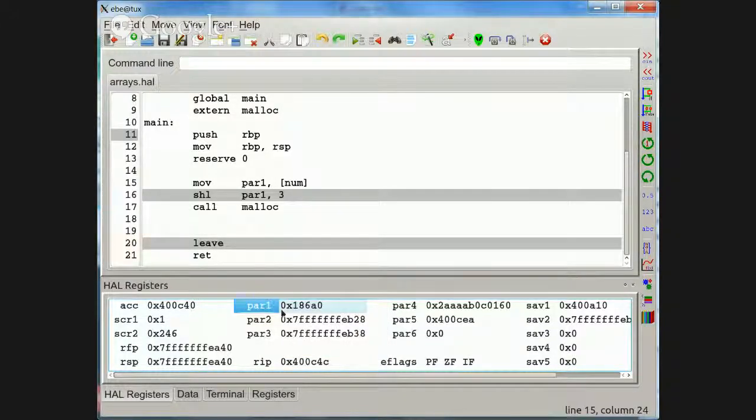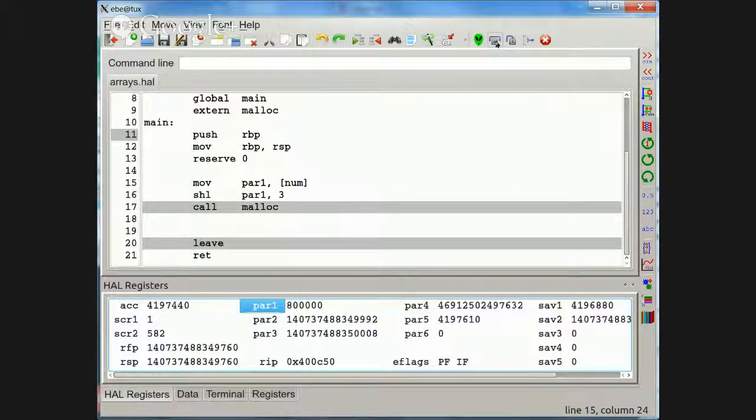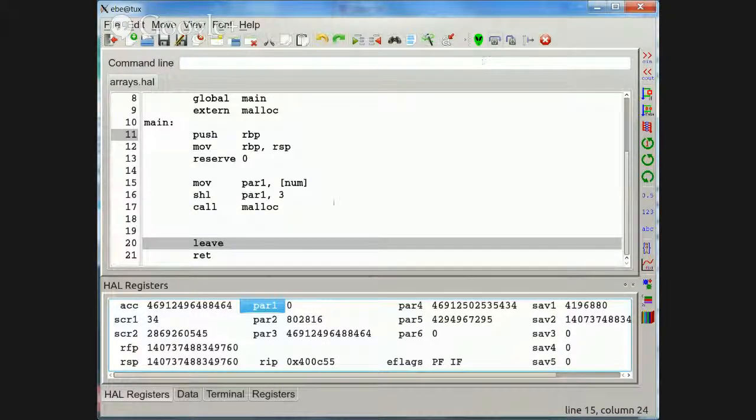And if I do that in decimal format, that's evil. Well, at least that worked. I don't like having decimal for all of them, but it's better than nothing. So now if I shift it left 3, I get 800,000, call malloc, and